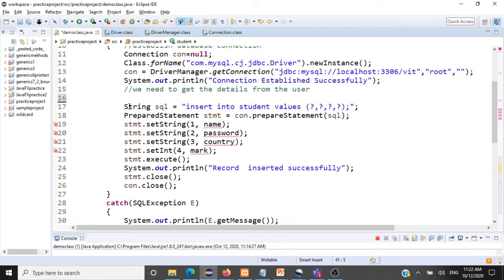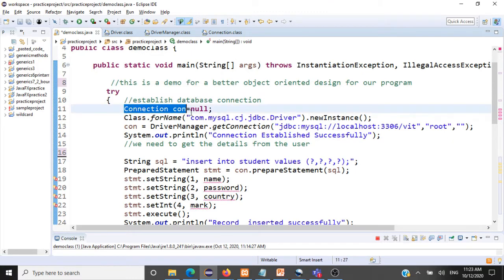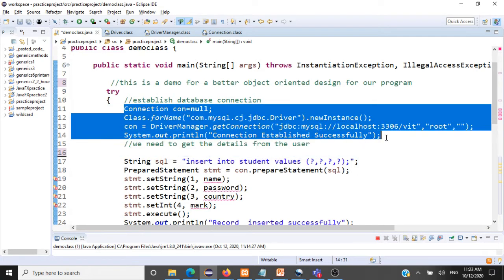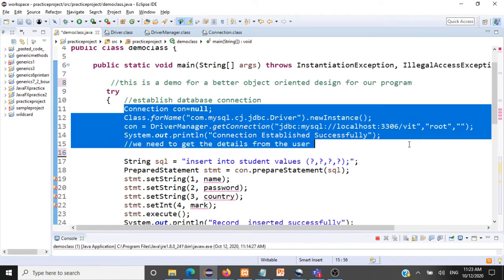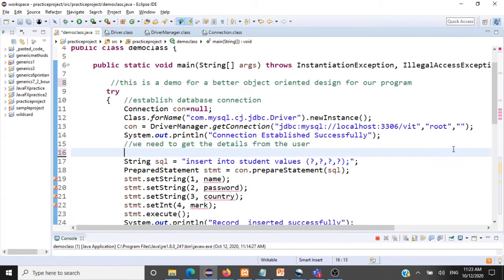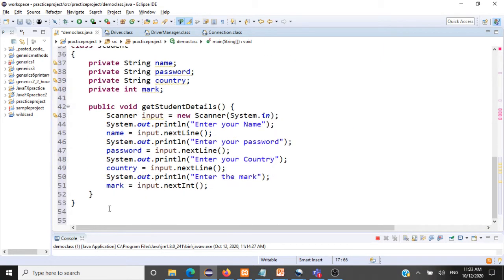The next thing is we need to insert the student record, and even before that we have to establish a connection to the database. We have seen this many times, right? When we are updating, deleting, inserting, every time we are establishing this connection. This is the same piece of code repeating for many operations. Can we really reuse this? That is the question. Yes. So I'm going to create a class for a DBMS connection. This class will help us reuse this code. Let's see how to perform that.